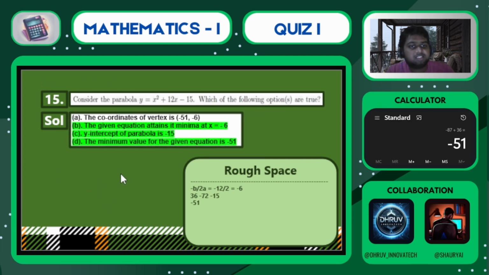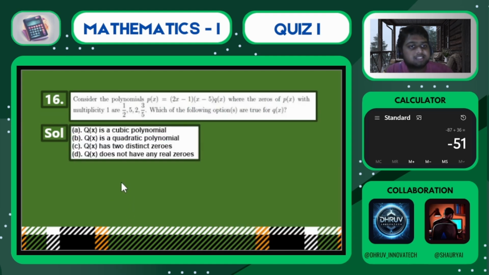सो इस क्वेश्चन में भी बी, सी और डी करेक्ट है। आपको ये करना है कि यहाँ पे वर्टेक्स इनकरेक्ट है, क्योंकि यहाँ पे -6 को अगर -51 रहता है तो आपका फर्स्ट ऑप्शन सही रहता है। यहाँ पे ऑर्डर मैटर करता है, पहले एक्स कोऑर्डिनेट फिर वाई कोऑर्डिनेट आना चाहिए। नेक्स्ट 16th क्वेश्चन। हमें एक पॉलिनोमियल दिया गया है